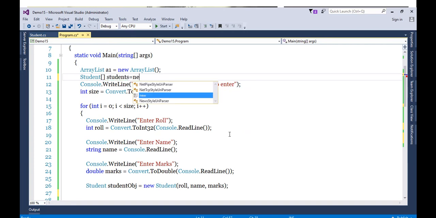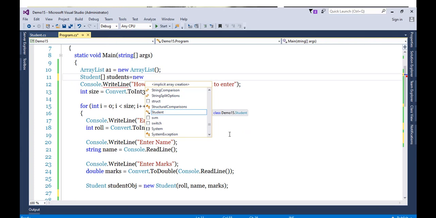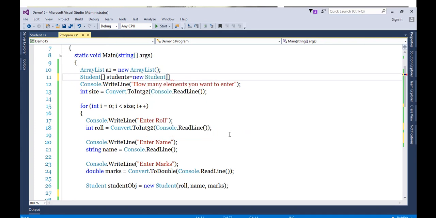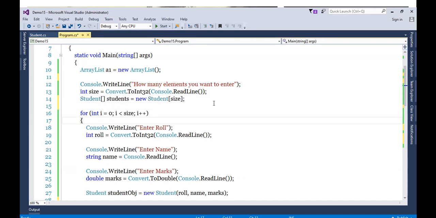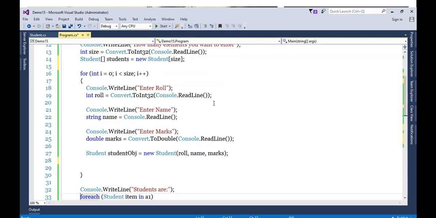Okay. And as usual, it is initialized with size. So I guess I need to put this statement below after accepting this, like this. And I will insert all this in the student array.